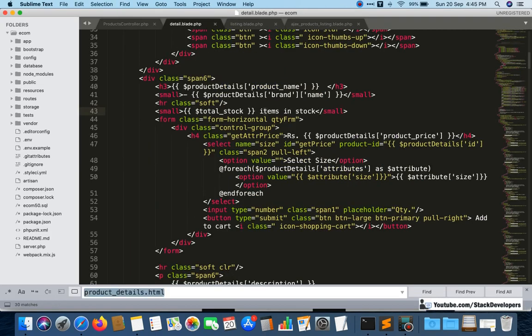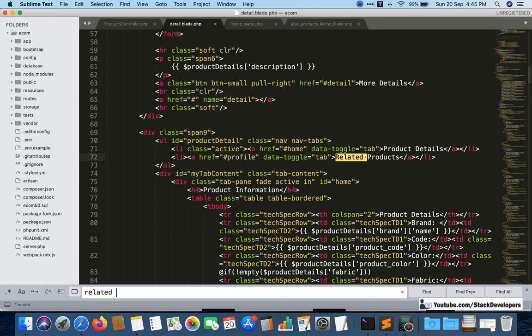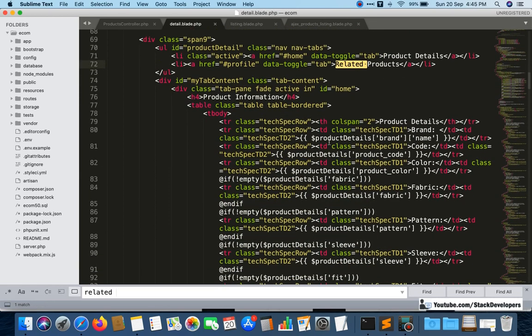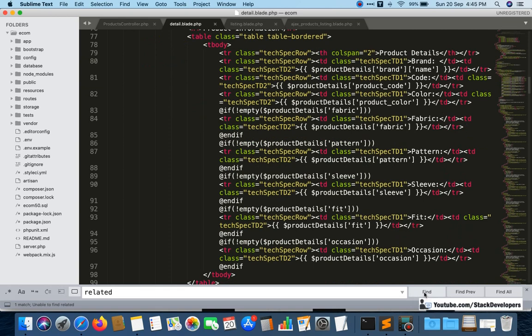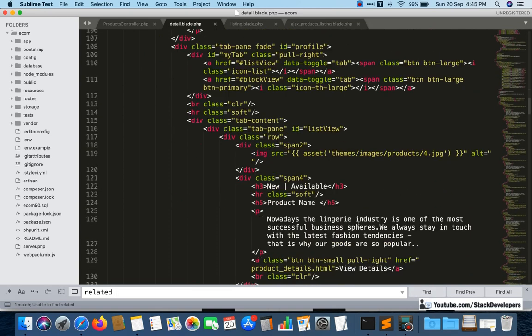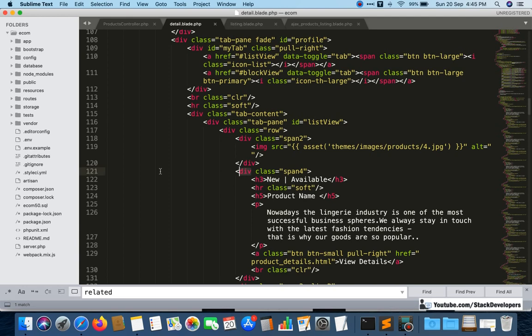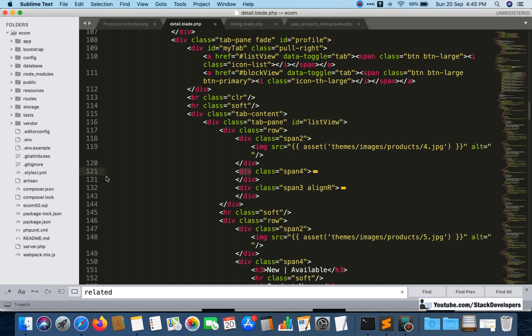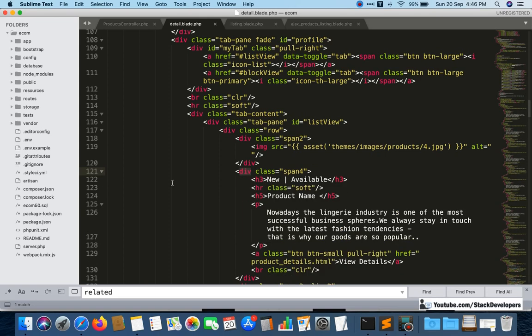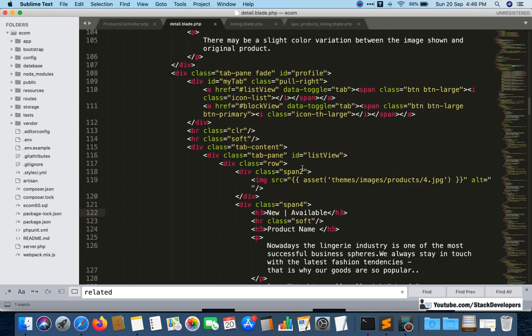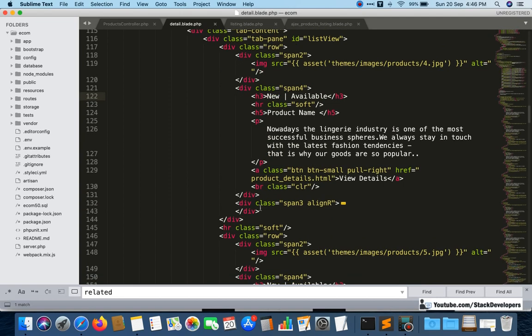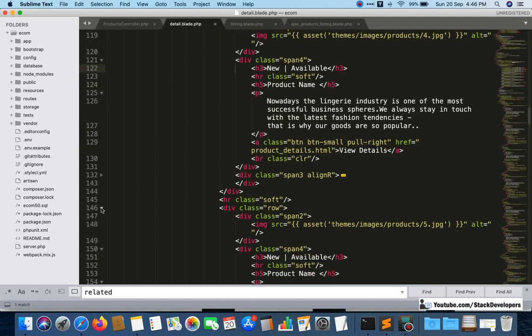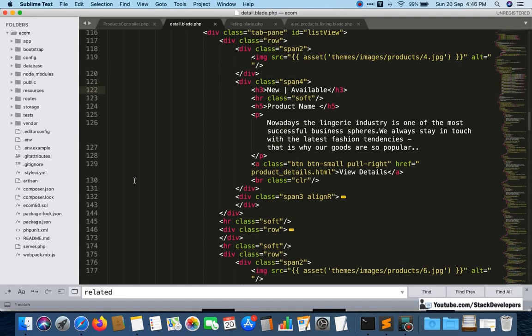I will open related products here, and I can see one loop is this one. Here we are going to add the foreach loop.